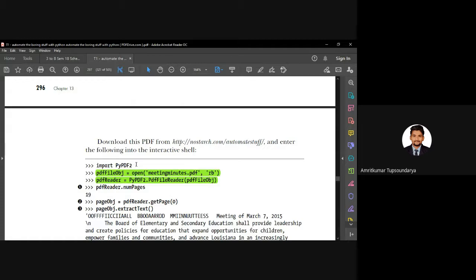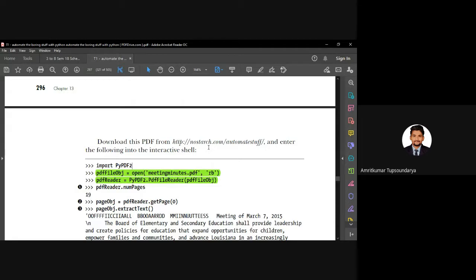Our object is the PDF file object, and we open the PDF with the name meeting minutes.pdf. If you really want to go through the complete document, you can go through this link, http colon double slash nostarch.com slash automatestuff, and you'll get the PDF there.